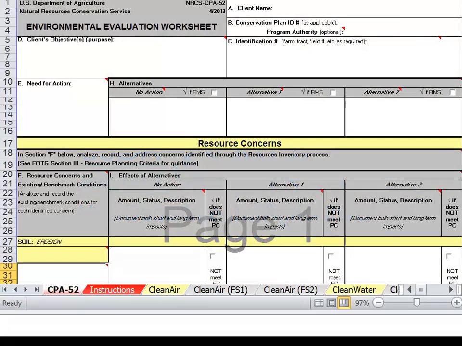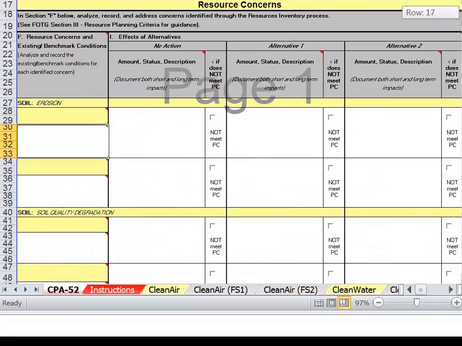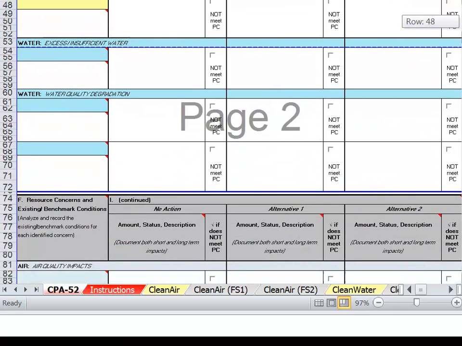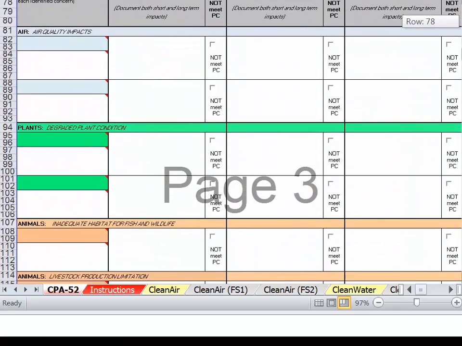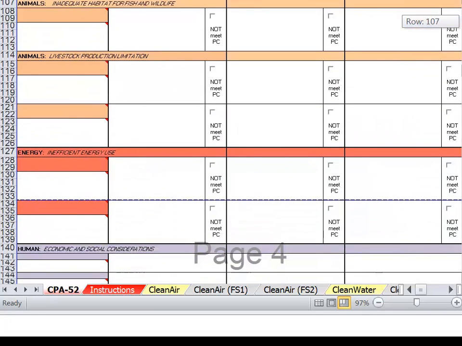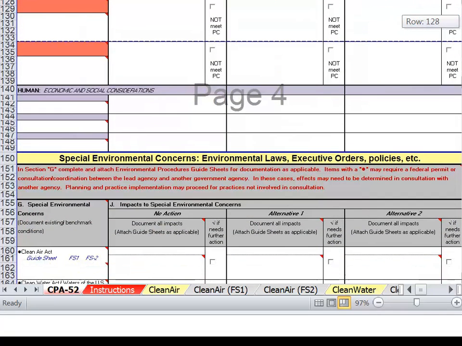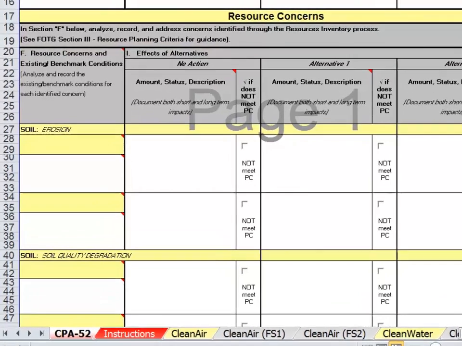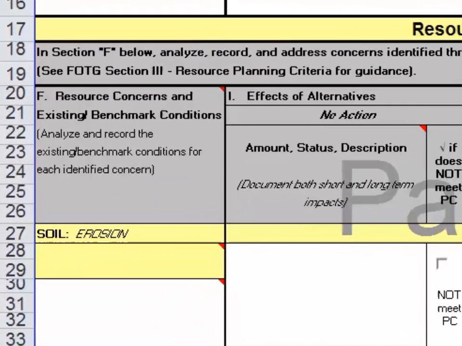In Section F of the NRCS CPA 52, resource concerns and existing benchmark conditions of the land are documented. There are headings for soil, water, air, plants, animals, energy concerns, and human and social considerations. Notice how at the top of Section F in the NRCS CPA 52, it states, see FOTG Section 3, Resource